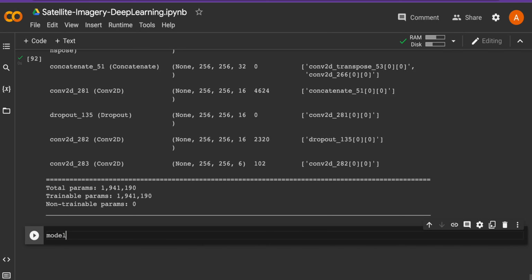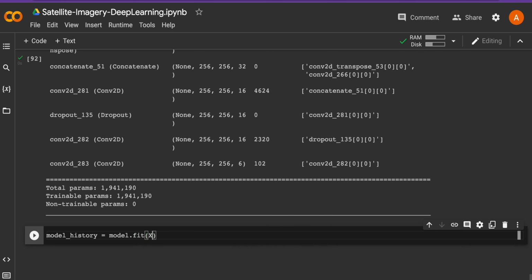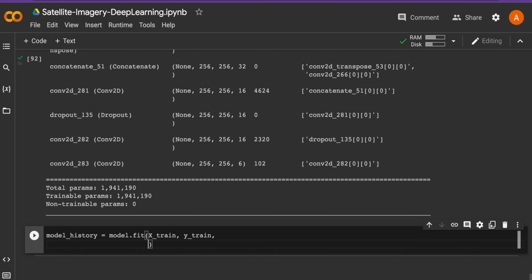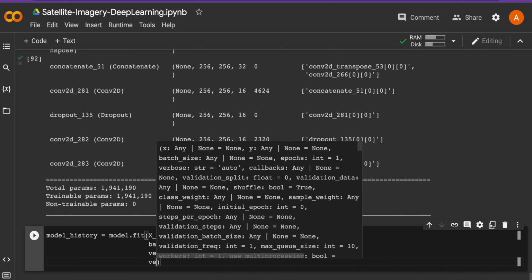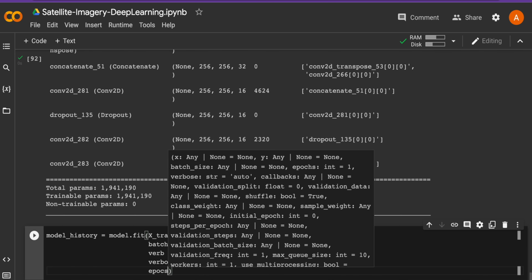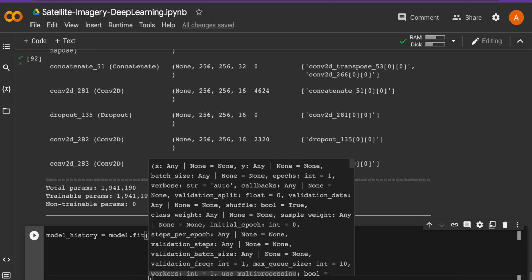So you could say the model history is equal to model.fit. Looking into the fit, we need to provide various parameters. So we need to have the X train, first parameter. Then we also need the Y train as a second parameter. Then you need to provide the batch size. I'm just giving some parameters, then I will explain. Verbose means explain it as much as you could. One is true. Epochs, I will use 10 just to start with